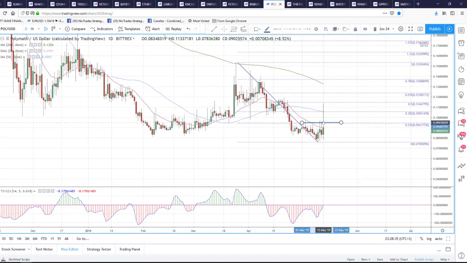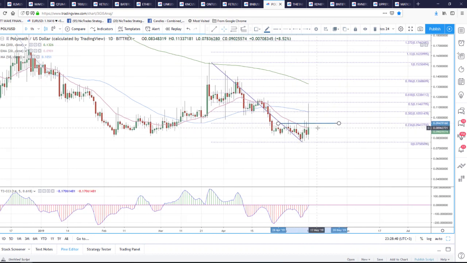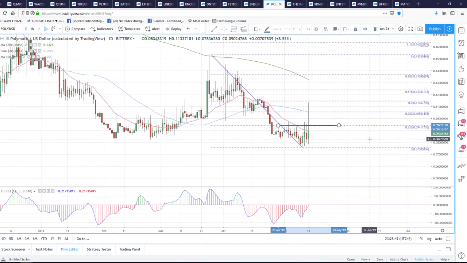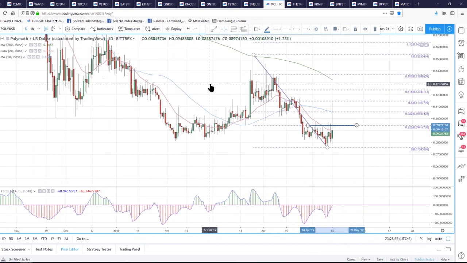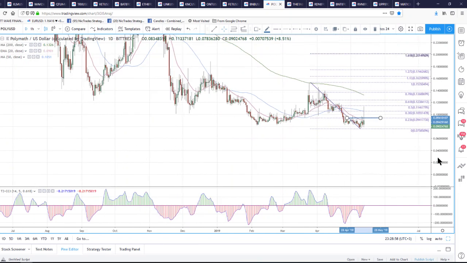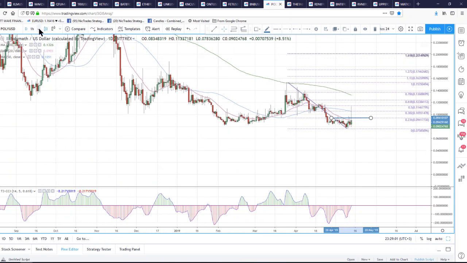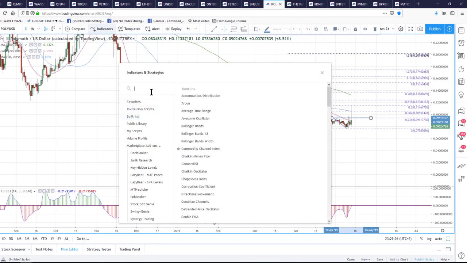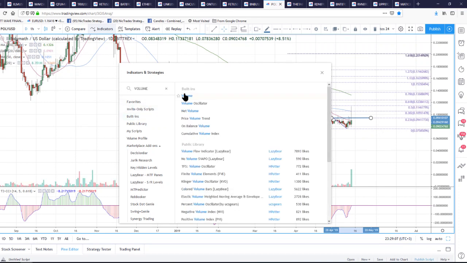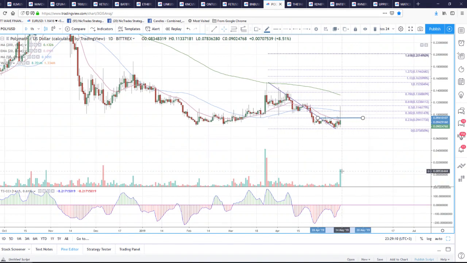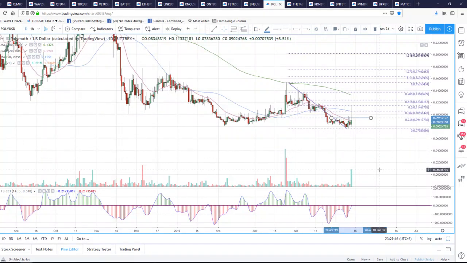Above 0.09417, a daily close above there would be a bullish signal for Poly US dollar. So Poly Bitcoin, Poly US dollar, not quite yet, but a US dollar close above 0.09417 would probably say we're on our way up again, back to the top of the range. So yeah, let's chuck that volume on. Yeah, this was a big volume spike. They did it here though, look, and it came all the way back again. So unfortunately,